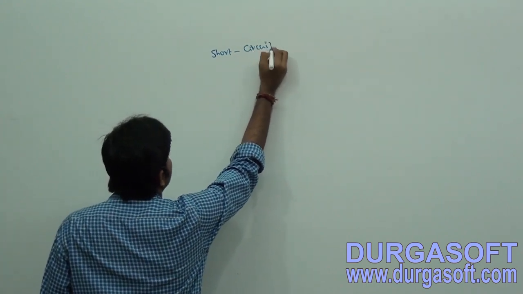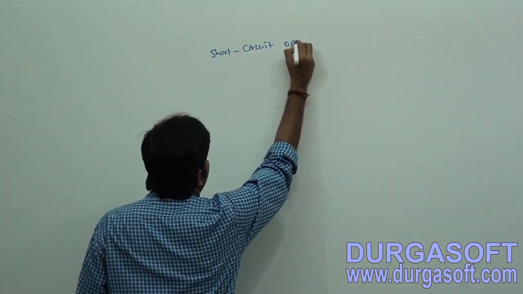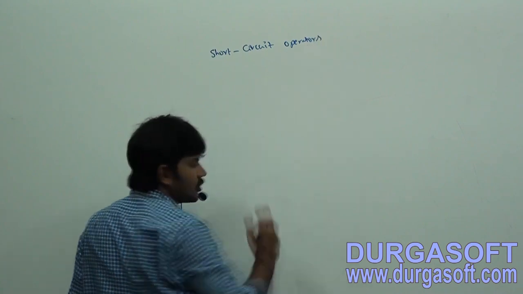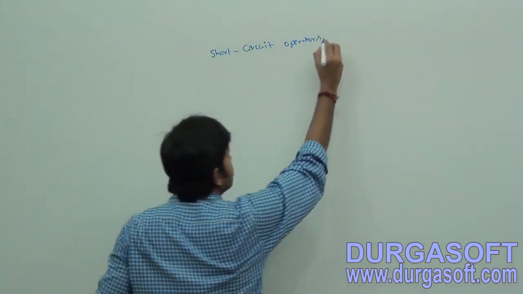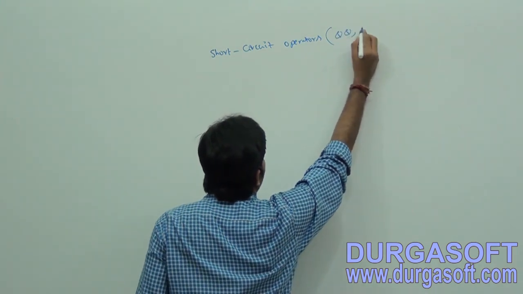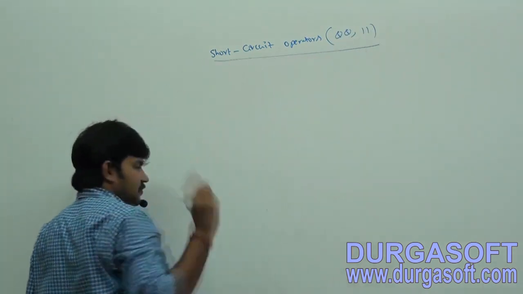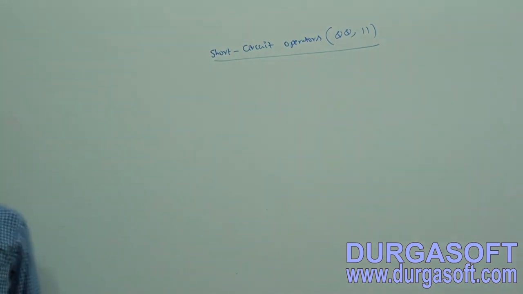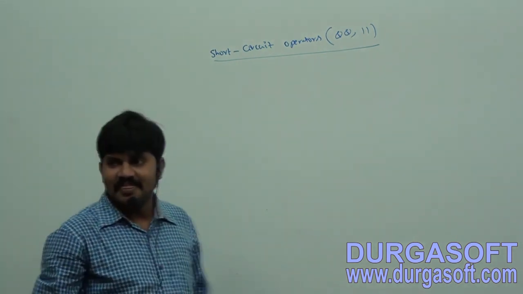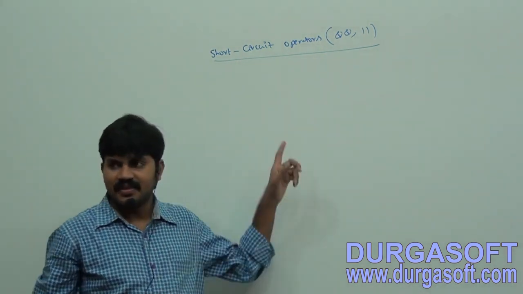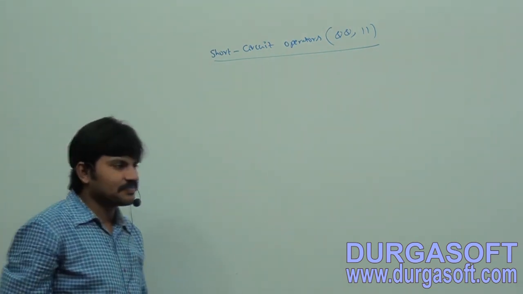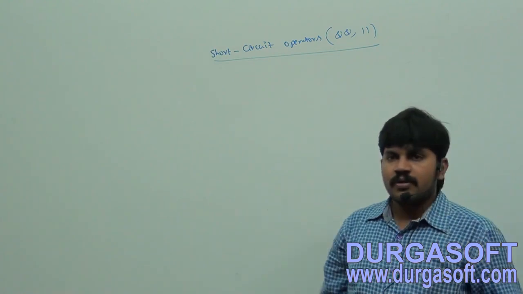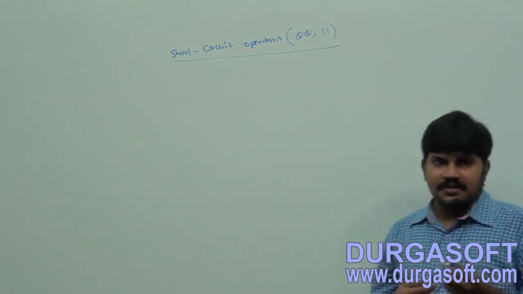Short circuit operators, within brackets, double AND and double OR. Short circuit operators: double AND and double OR. Okay. Now what is the difference between